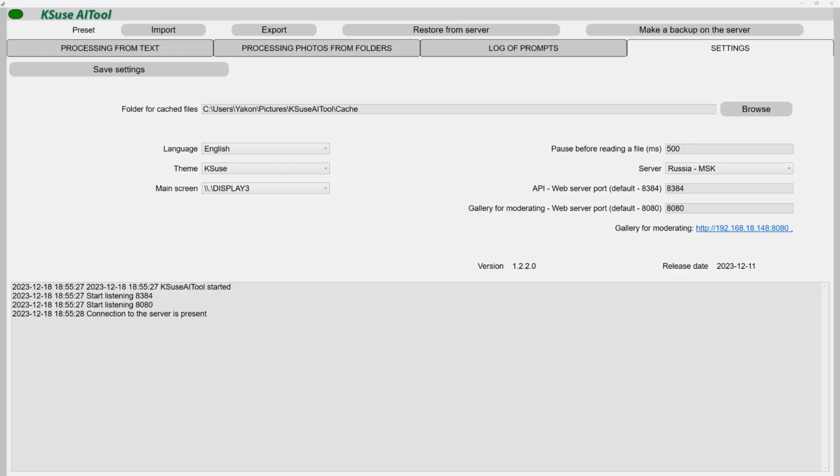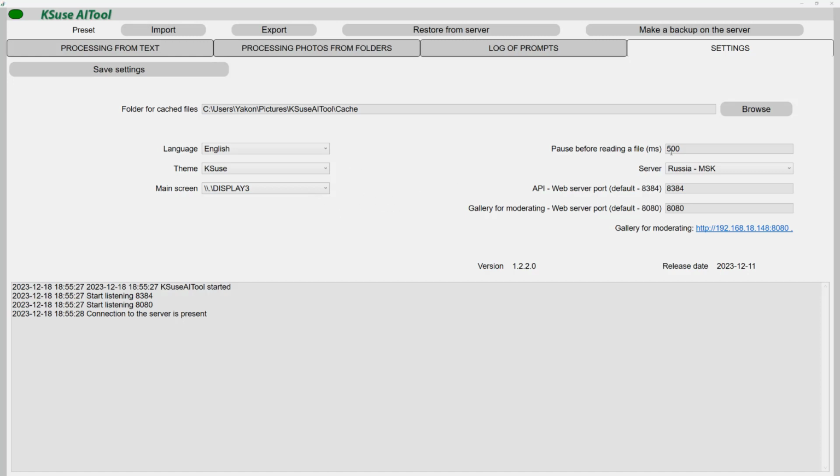We can change the path for storing temporary files. For example, if you have Windows 11 Home, then most often the profile is located in the OneDrive cloud. If you see OneDrive in the cache path, then it is highly recommended to move the folder to another location. If the internet is poor, you will experience additional delays due to profile synchronization. Here we can select the interface language and theme.